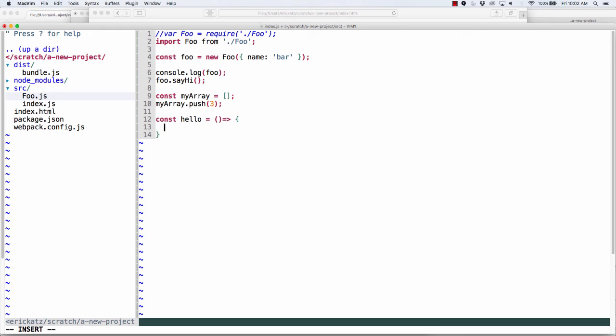But if you wanted to do multiple lines, let's make it a little more interesting. We'll say capitalize. Let's start it off on one line, and then I'll put it on a couple of lines. So if this was just one line, let's say we had some input, and we say input to uppercase. This is a one-liner, and I could say console.log capitalize foo. And this should give me foo in uppercase,